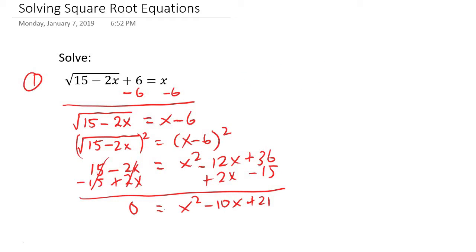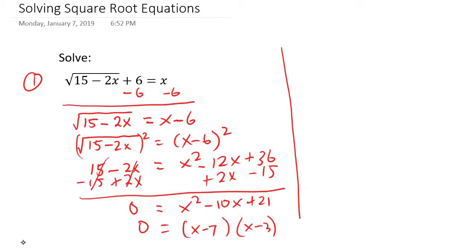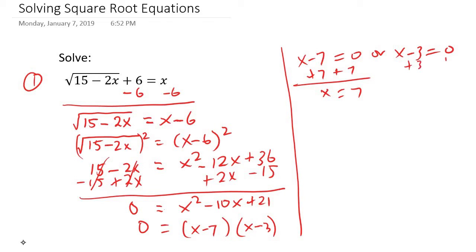All right. So our next step is to factor this expression. From basic factoring, you know that 21 is 3 times 7. You need both of them to be negative in order to get negative 10. So it will be x minus 7, x minus 3. From here, we're going to apply the zero product property. So we're going to set each of these to 0 because their product is 0. So I'm going to have x minus 7 equals 0 or x minus 3 equals 0. Add 7 to both sides: x equals 7. Add 3 to both sides: